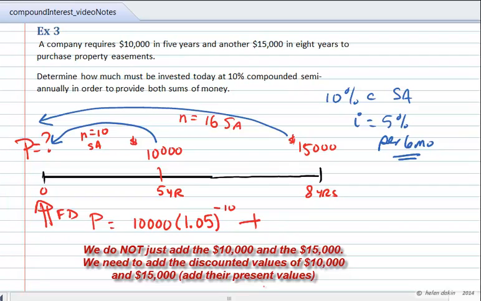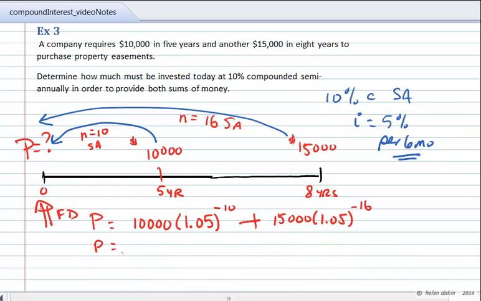Plus, I add to that the $15,000 discounted at 1 plus 5% per semi-annual period for 16 semi-annual periods. So this means that my principal will work out to be $6,139.13 plus $6,871.67, or in other words, a grand total of